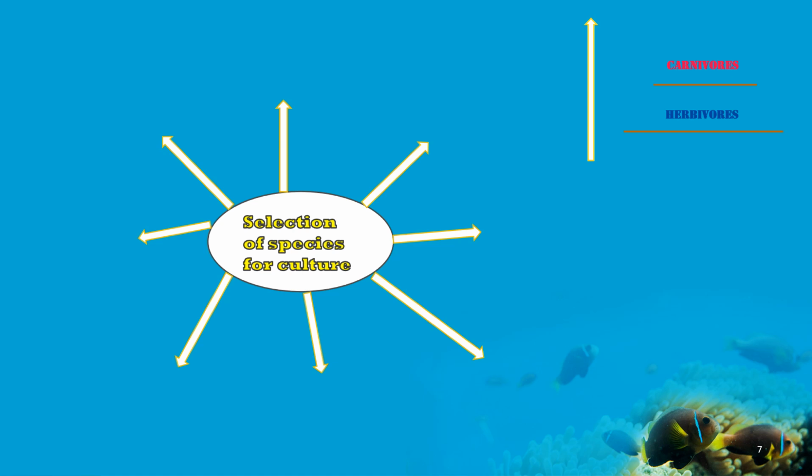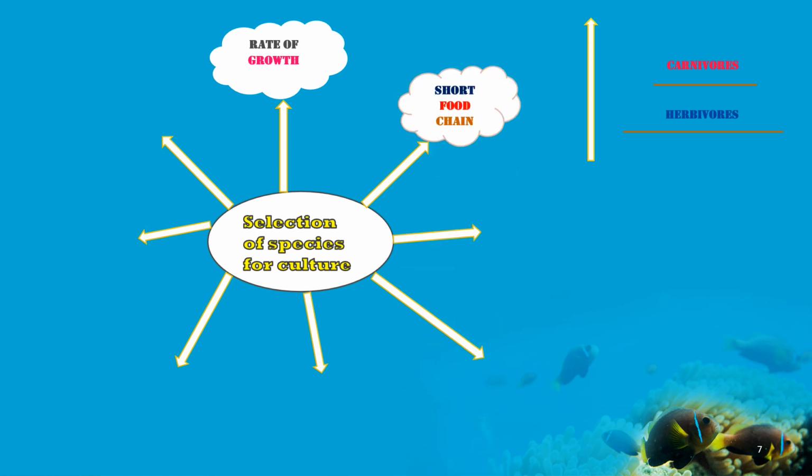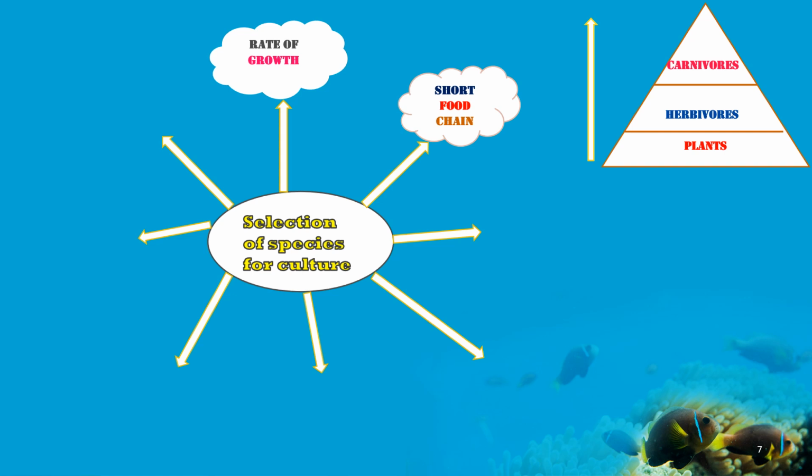Now we discuss the criteria for selecting a fish for cultivation purposes. The fish which grows to a larger size in a shorter period is suitable for cultivation. Because of this, the Indian major carps are taken under cultivation. The energy from producer to consumer is in decreasing order. So the fish having a short food chain, like planktivores, is preferred. It is the picture of the energy pyramid. Here the energy is in decreasing order from plant to carnivore.